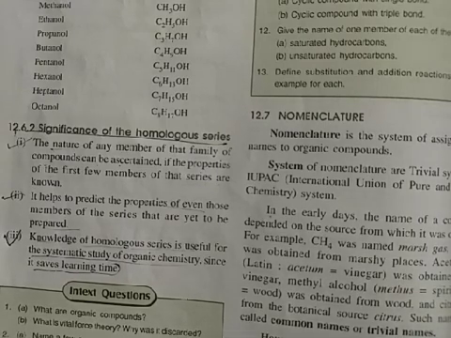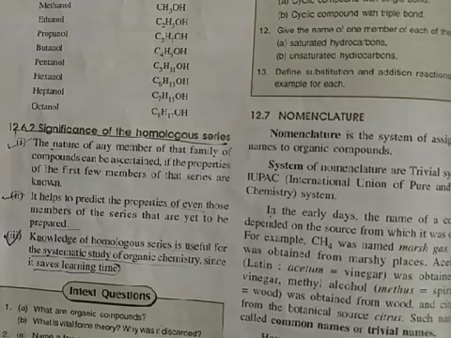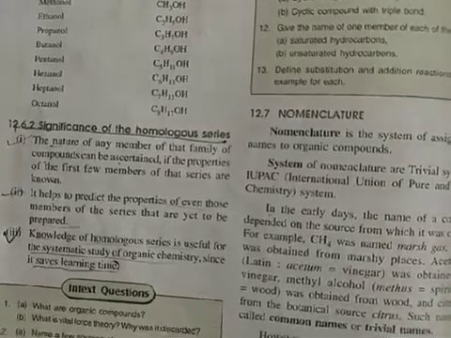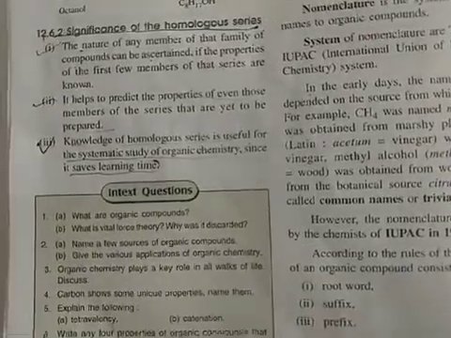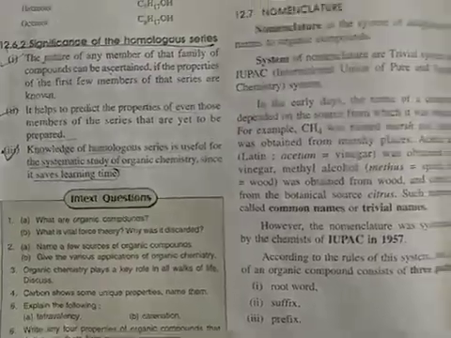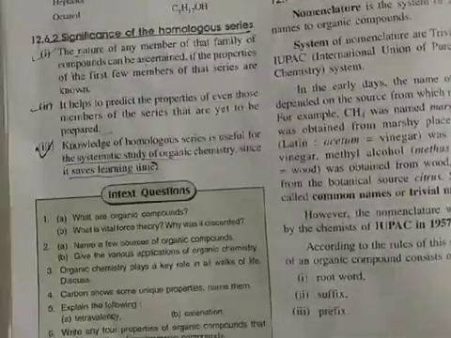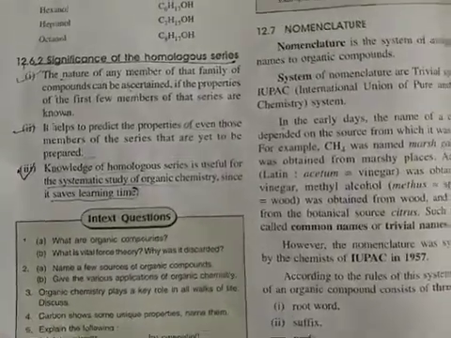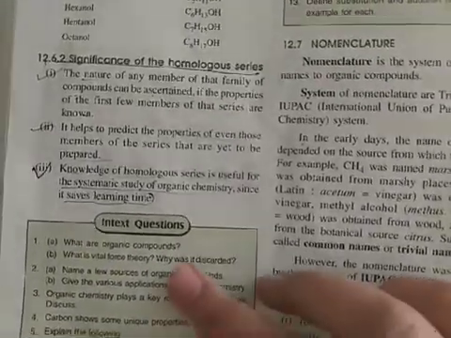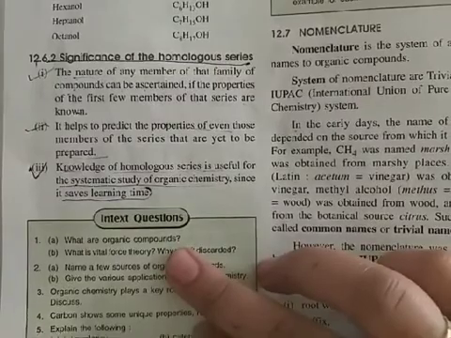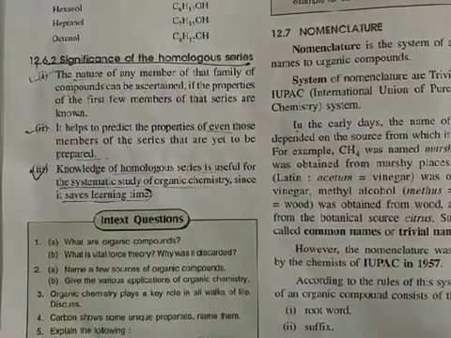Biology is about the study of living beings. So everything is about the systematic study, correct? Now see students, what is next? You have to do these in-text questions, and each and every student has to do the in-text questions. It is very easy. What are organic compounds? Carbon and its species, carbon and its compounds are known as organic compounds.